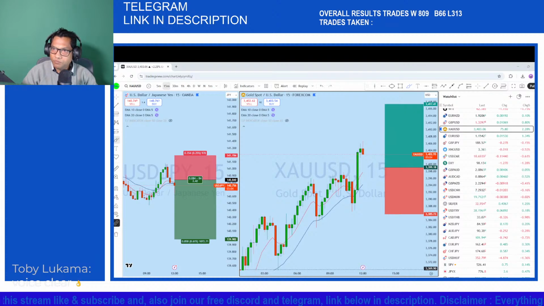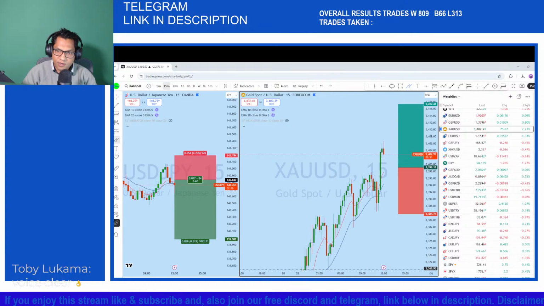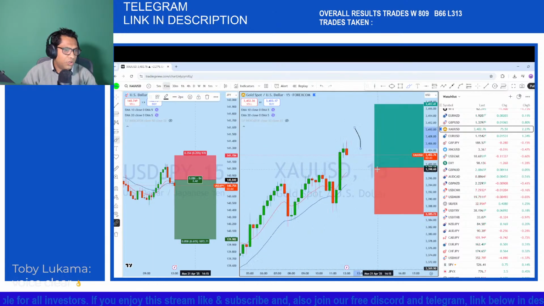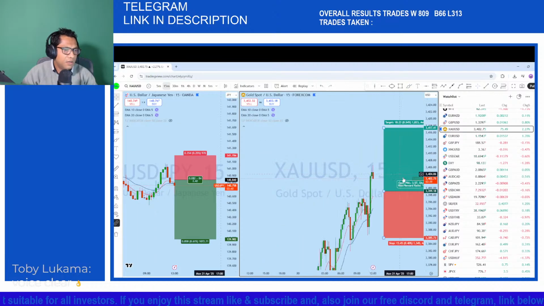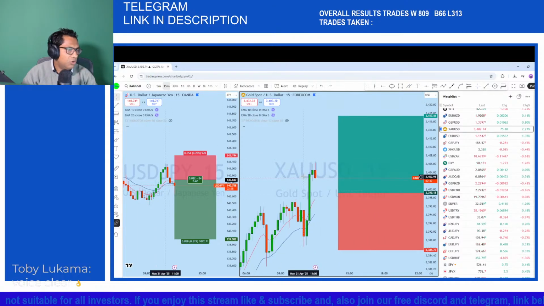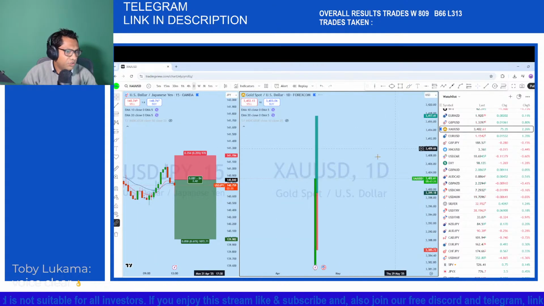So let's begin today's session with this instrument, and also we will be looking at the currency pairs to see how we can find trading opportunity. So let's look at how we can trade, and also with the analysis to find out proper opportunity in the market. So let's begin with, first of all, daily chart